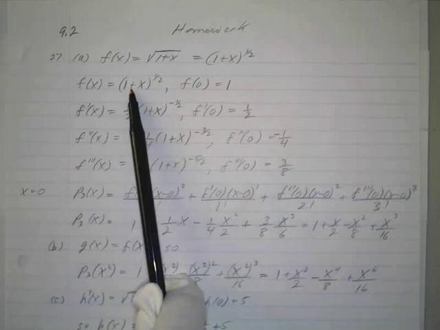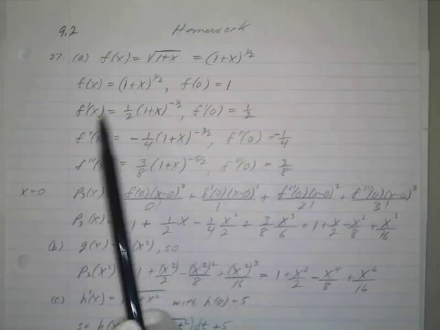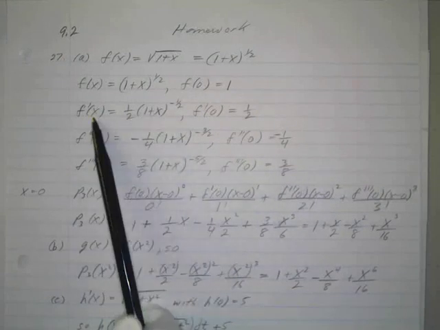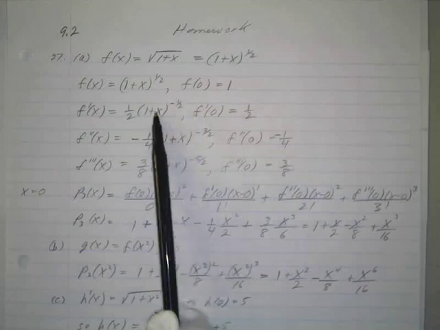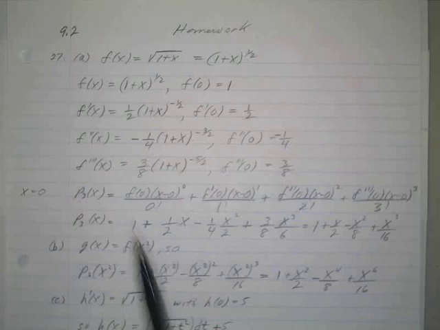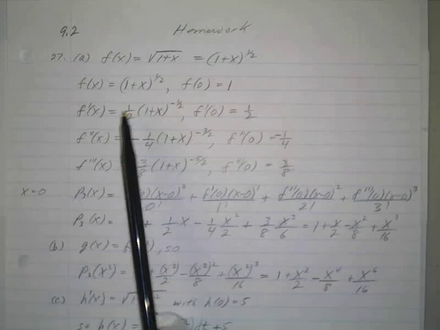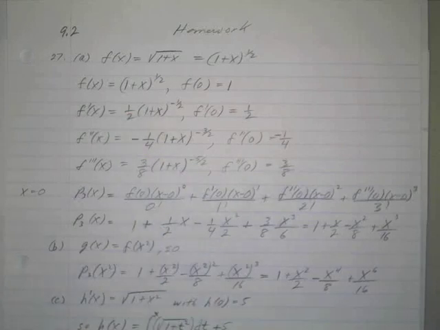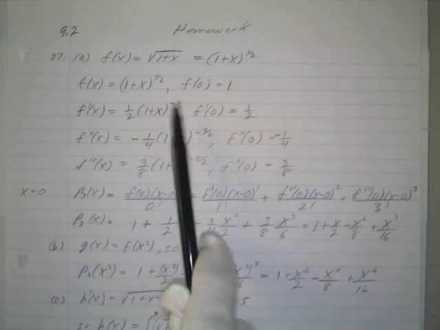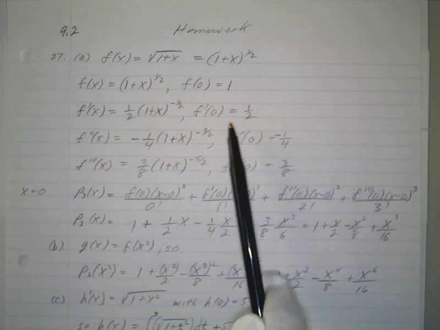So f of x equals 1 plus x to the 1/2, and then f of 0 equals 1. And this is f prime of x, so that's a derivative. You can keep these in fractions, but it's okay to do it like this. It's a little easier to take the derivative using the power rule, but if you remember the fractional form, you could generate that also. Okay, so this would be 1/2 times 1 plus x to the minus 1/2,